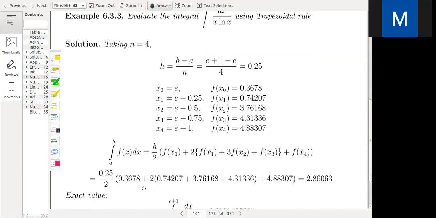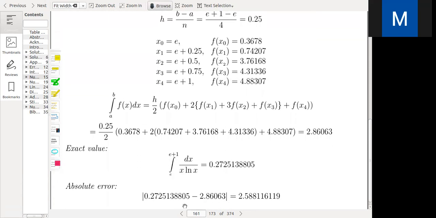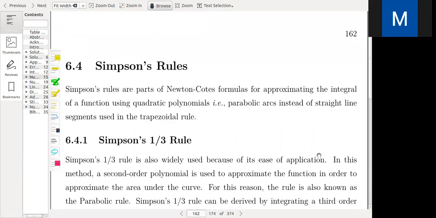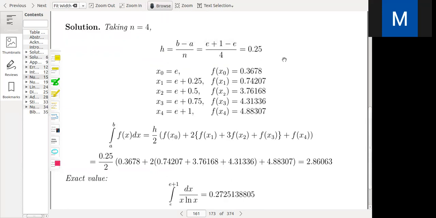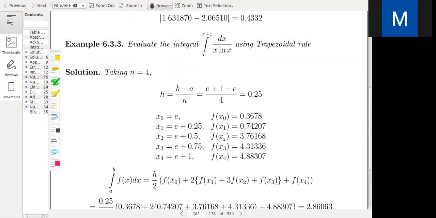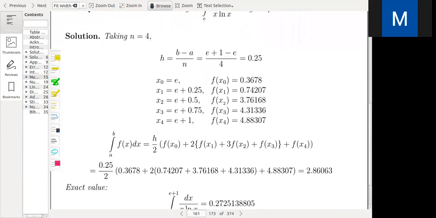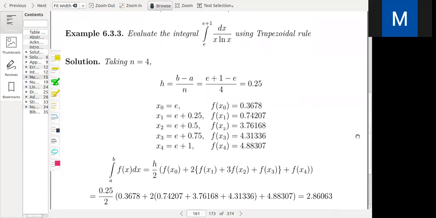Here the approximated value is 2.8603, and the analytical value is 2.58, so the difference is 0.27. Maybe there could be some mistakes here, but it is easy to understand how we have to calculate